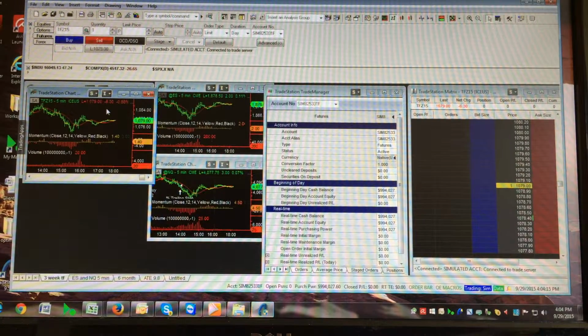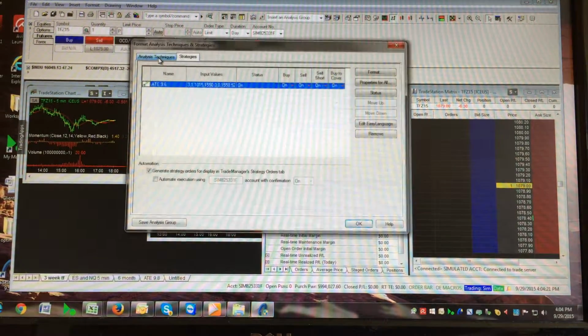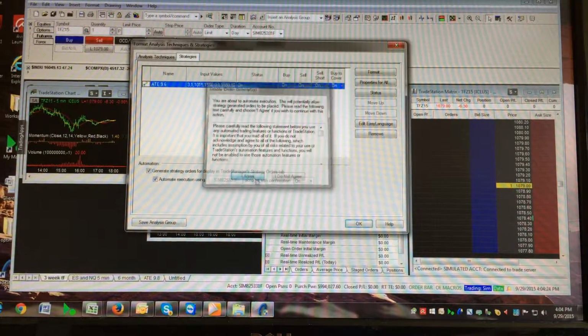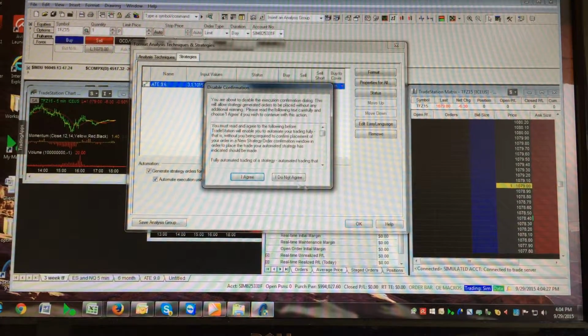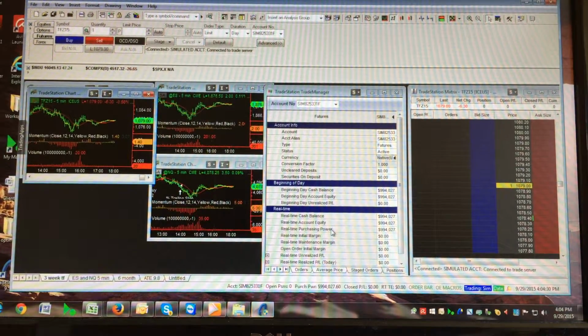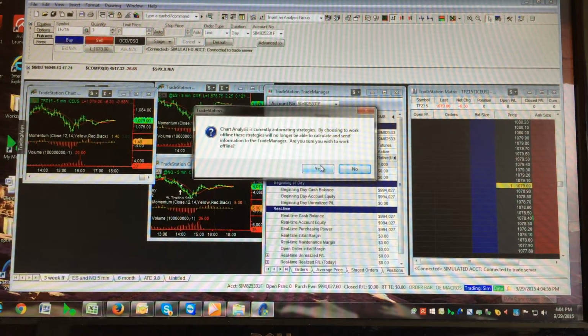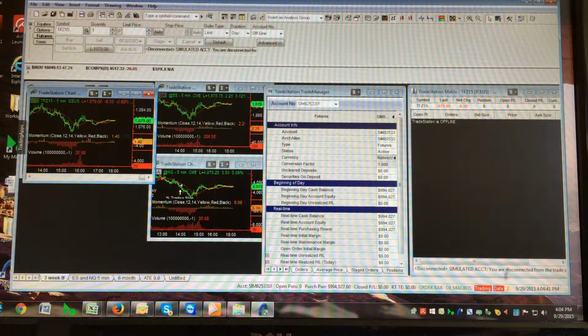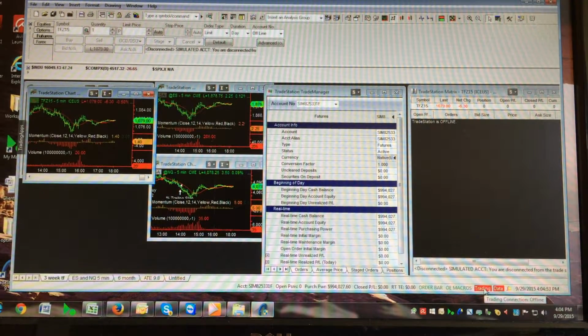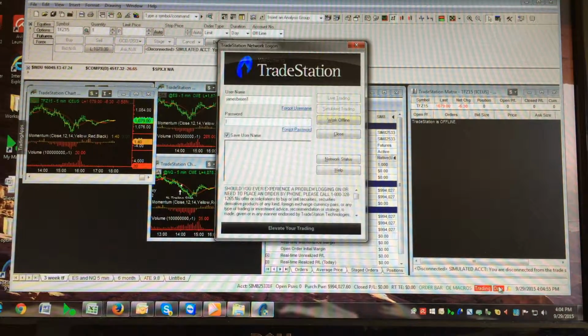So now if we were to close this TradeStation up, I'm just going to go through this exercise. Let's assume that we had a problem. Let's say we lost data, so this is what happens if you get disconnected from TradeStation. Down in this bottom right hand corner, you can see that it's red, which indicates that there's a problem. Double clicking on it again